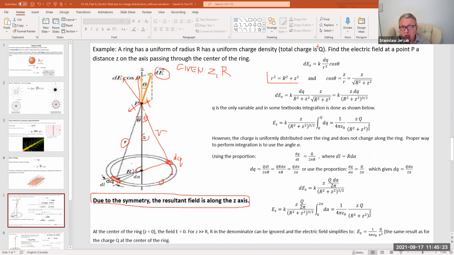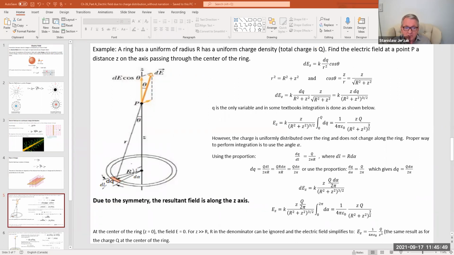And the angle we could also find using either the sine function or tangent function, so it's easy to find theta because Z and R are given. So that was a very useful comment. But I have not mentioned previously lowercase r because I wanted to mention that lowercase r